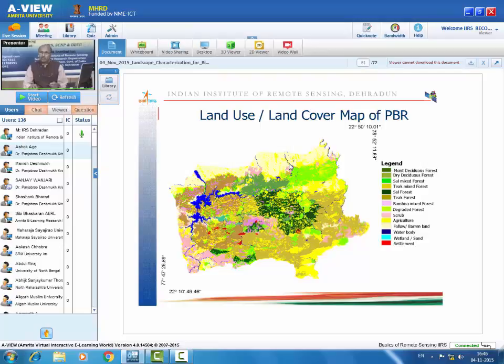And you can see, please concentrate here, you have a very dark green color, you have pink color which is settlement, then you have grasslands, then you have a lot of yellow. These yellow areas are basically small villages which are located in the forest, in the core area. I'm emphasizing two things. They are in the core area of the Pachmadi National Park,